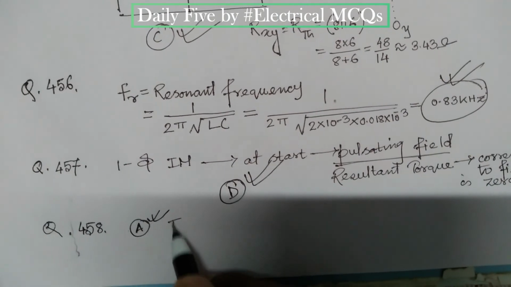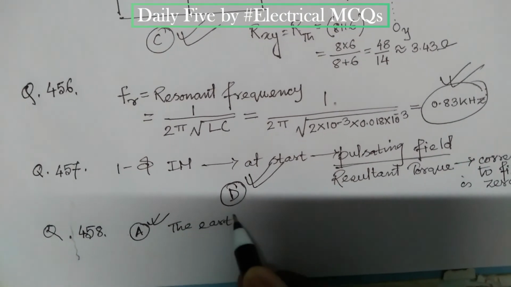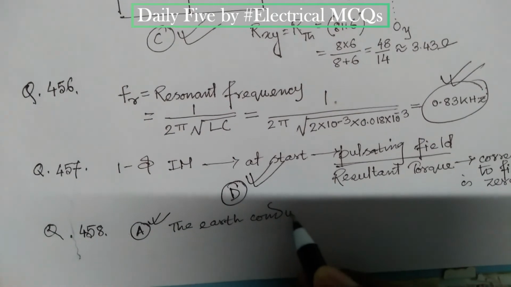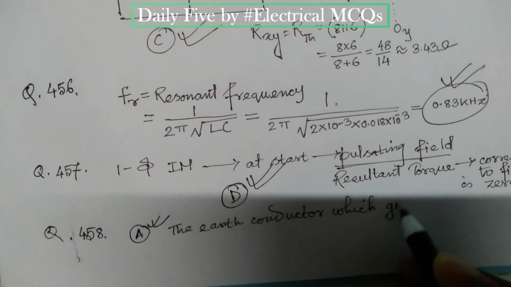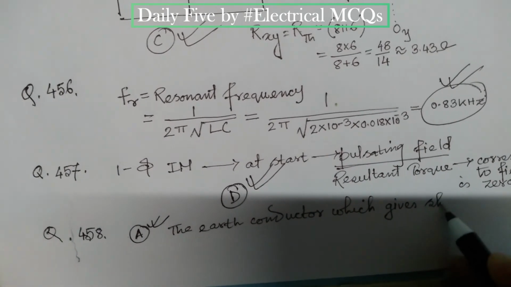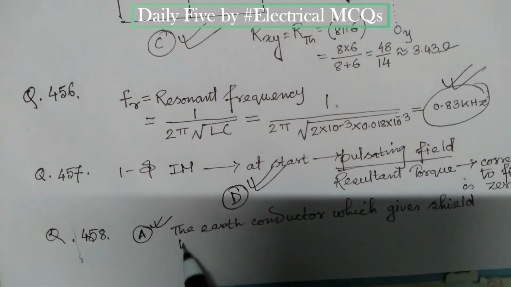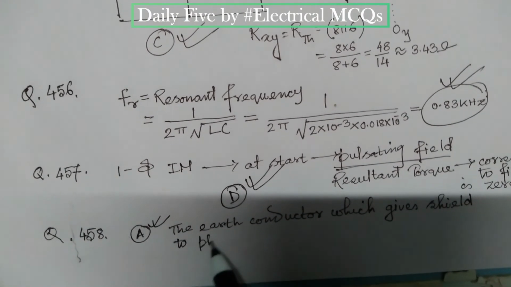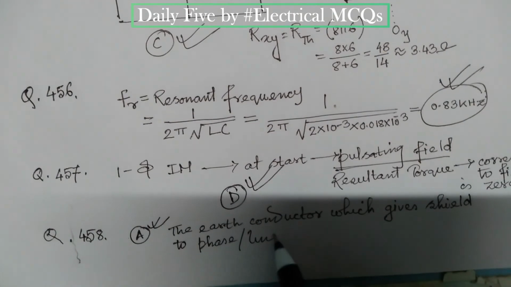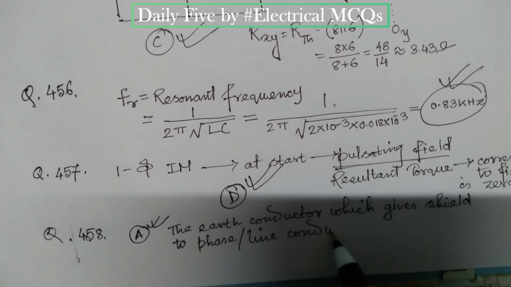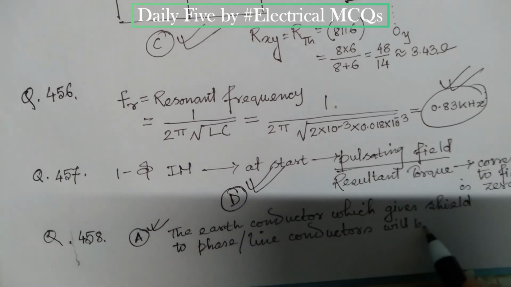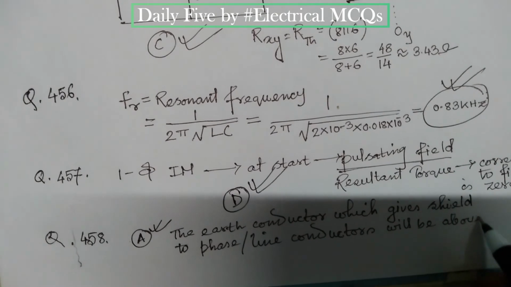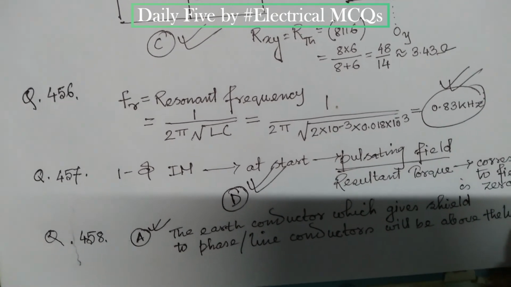That is, the earth conductor which gives shield to phase or line conductors will be above the lines. Okay,